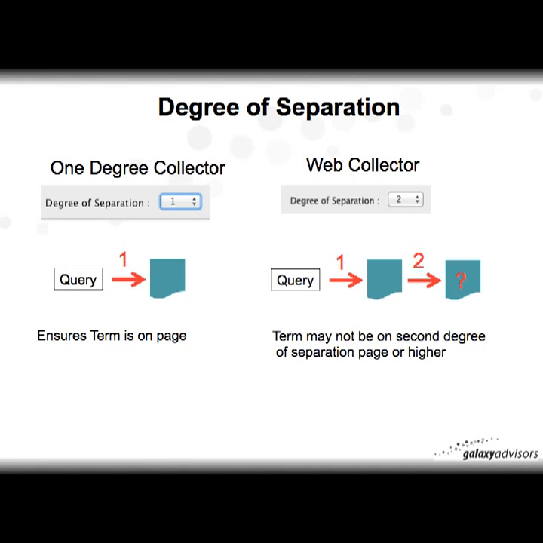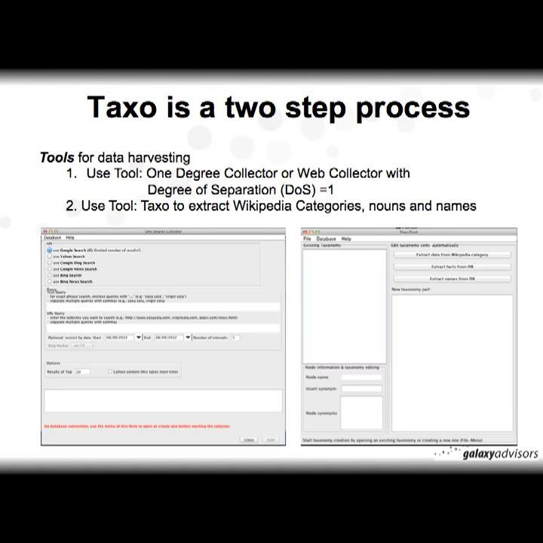So that's why we restrict it to 1 degree, to ensure that your term is on that 1st degree page. So Taxo is a 2-step process again, and we're going to look at the first step here